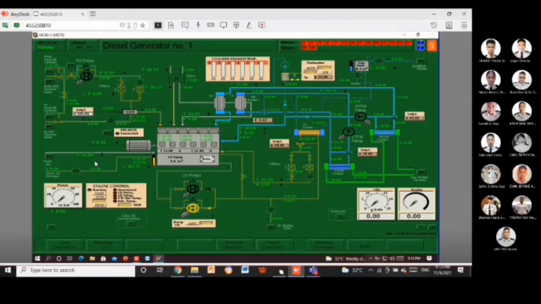So I'm Engineer Kanta J. and Lloyd S. So let's proceed to number 34. Open DO supply valve to DG 1 and 2. Number 35, go back to MD75 and check start air pressure must be above 14 bars. Number 36, go to engine control panel and press start. Number 37, observe the changes of all parameters. RPM should be